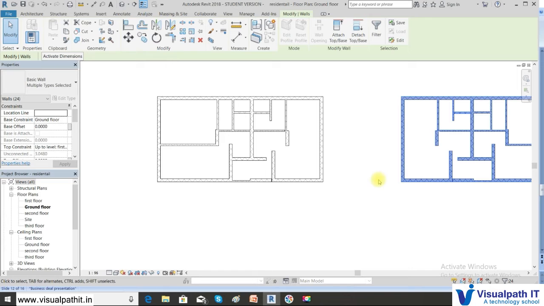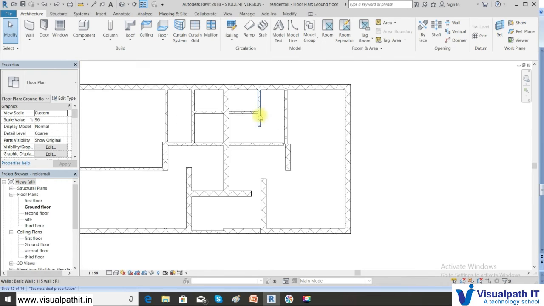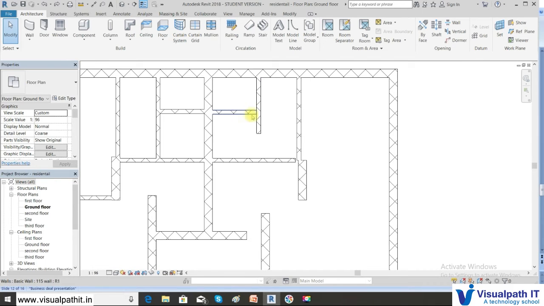Suppose I want to mirror any object by picking the axis. Now let us say this wall I want to mirror this side. Okay, so this side has already been mirrored. I want to mirror this object element this side, so I will make this the axis.